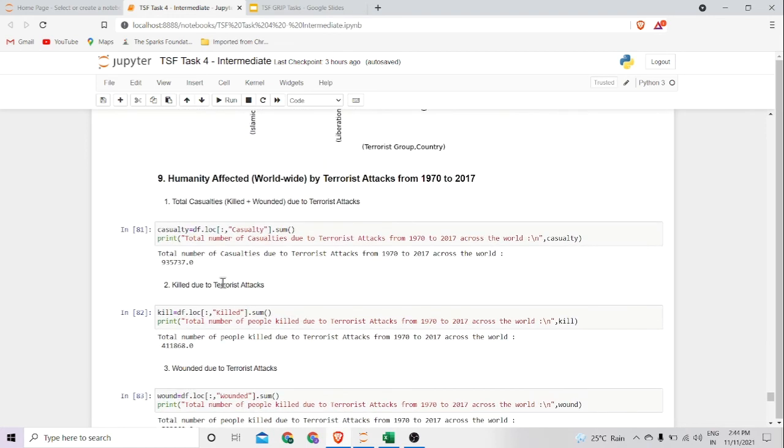And coming to the last categorical data, the ninth one, total humanity affected by terrorist attacks worldwide from 1970 to 2017. Basically, here we are representing all the data, all the casualties, or all the people killed, or all the people wounded. So the total number of casualties due to the terrorist attacks from the minimum range in the data set, which is 1970, to the maximum range in the data set, which is 2017,